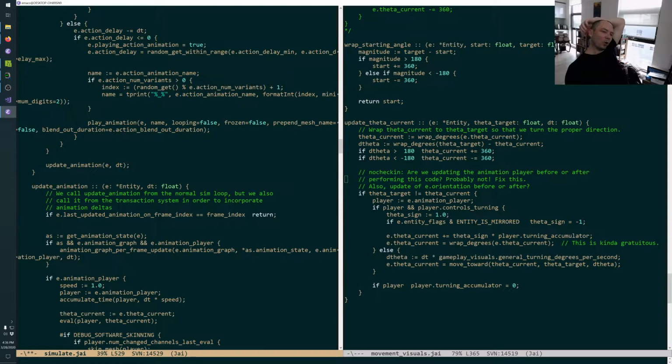This is not going to work because this isn't per frame. We call our animation multiple times per frame potentially. So if I have a flag of once per frame,